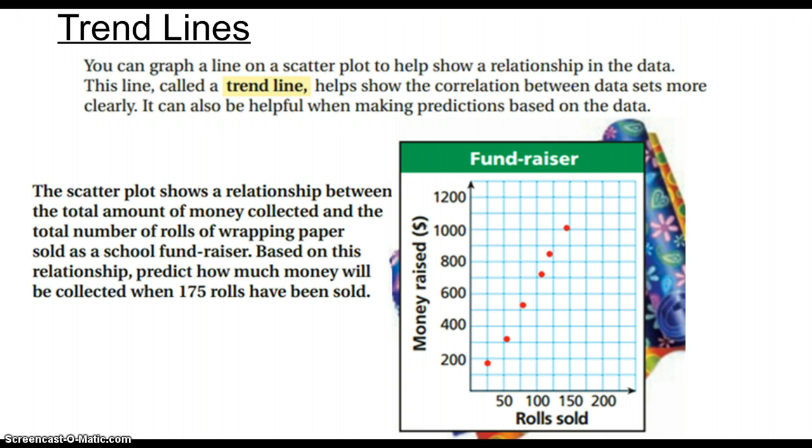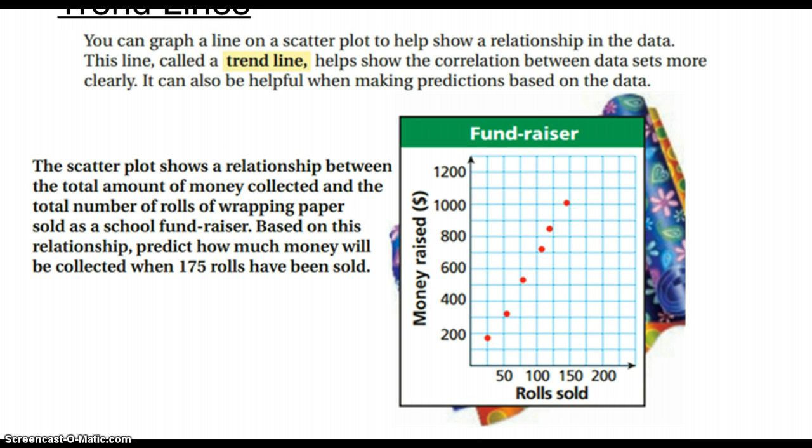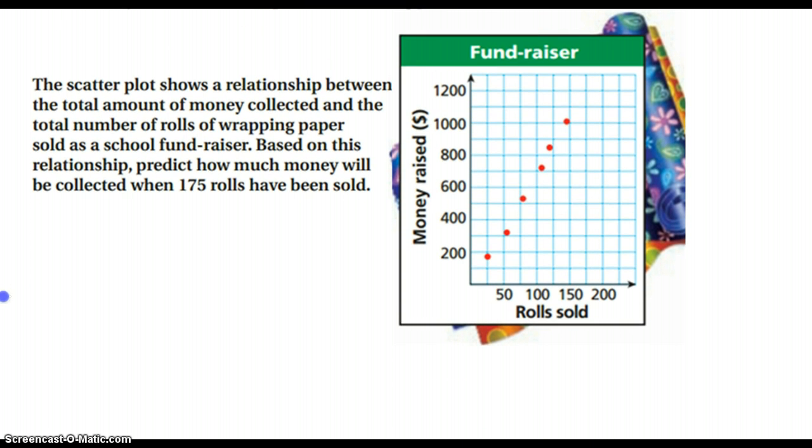Once we get into chapter 5, I'm going to show us a more accurate way to make a prediction with a scatter plot. But for now, we're going to use some estimation. We're going to put in our own trend line and make a prediction based off of that. But like I said, we'll get more accurate predictions in chapter 5. Okay,